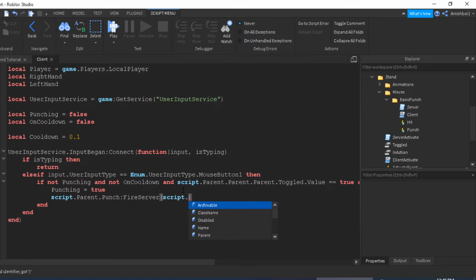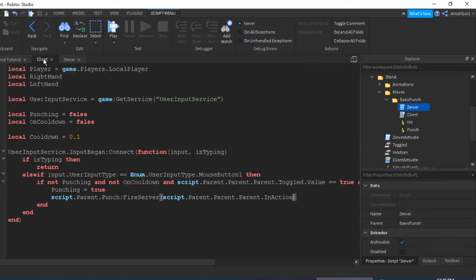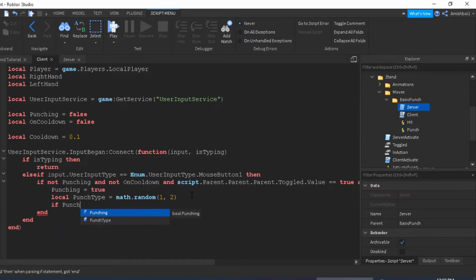What we can do is send over script.parent.inaction. Alright. So actually, before we do this, since we have a left and right punch, we want to get either one. So what we're going to do is local punchType equals math.random 1 to 2, 1 being the right, 2 being the left. I can do if punchType is equal to 1, then